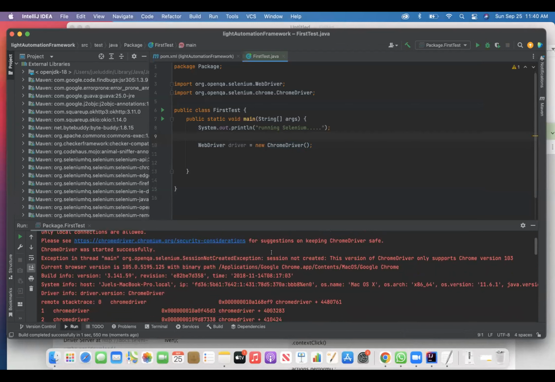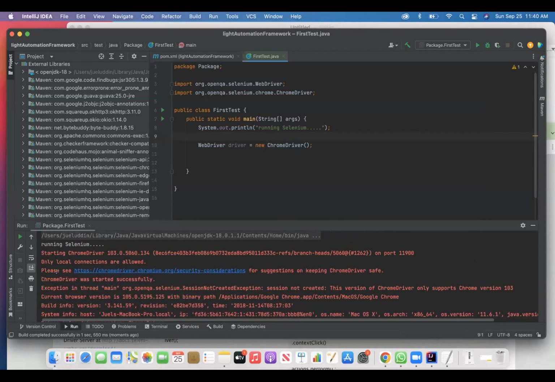Okay, let's see the exception. It says starting Chrome 1.0.3. So remember the version of Chrome is different. So why did this happen right now? Where is 1.3? So what happens is that